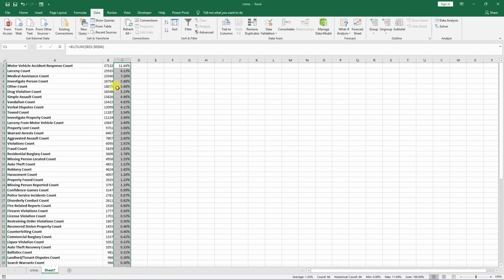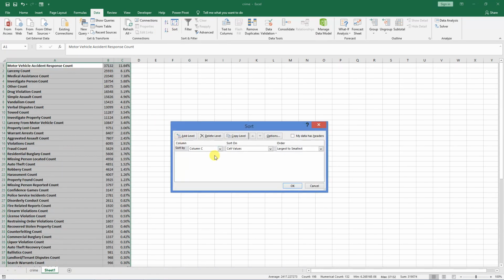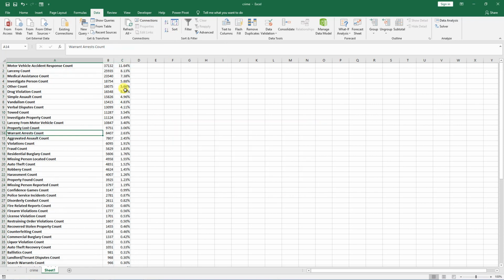Actually, let's include all the data, and then we sort this. Let's sort column C from largest to smallest. Okay, so now we can see that, for example, the offense called larceny constituted